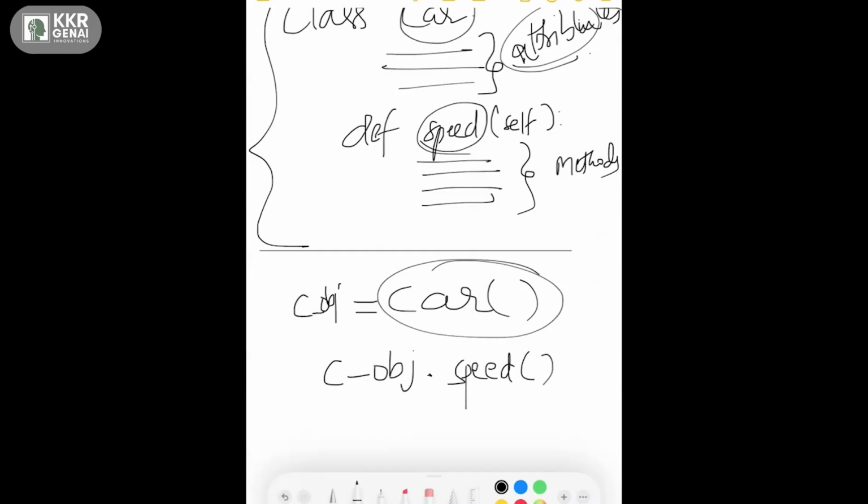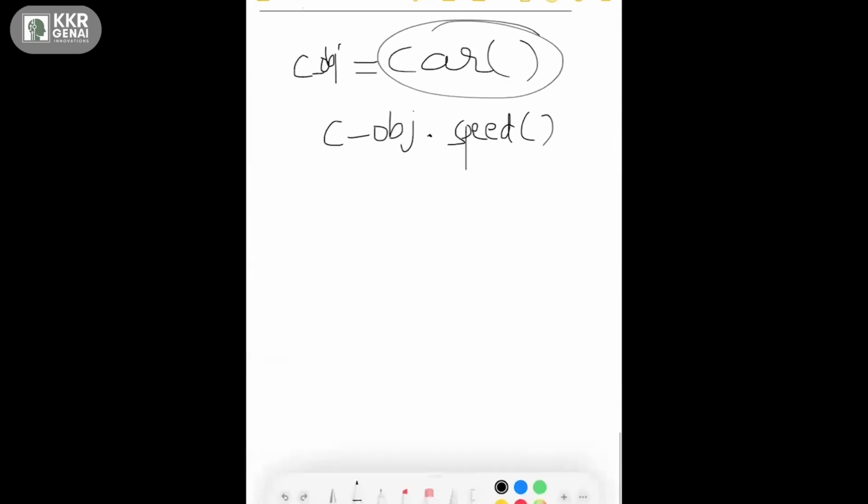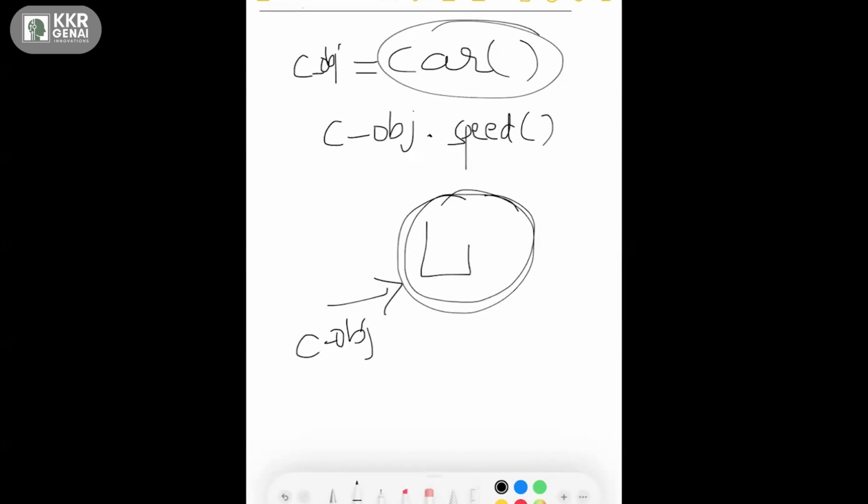So this is how I create an object for a class. Whenever we create an object, memory is created for my class, and we give an object reference to this object, and then we can store all the variables.